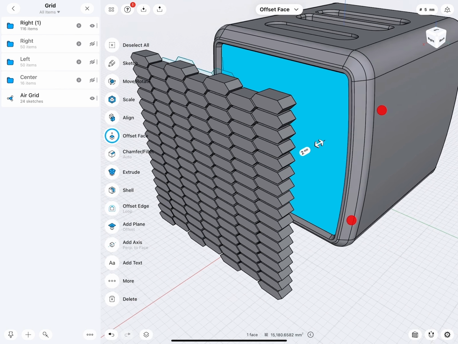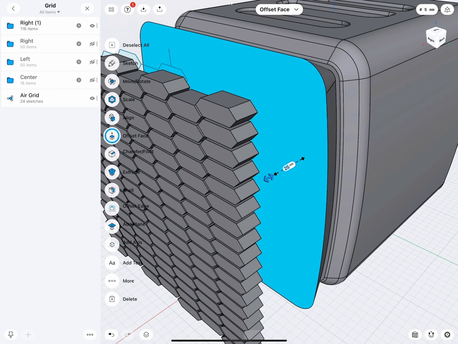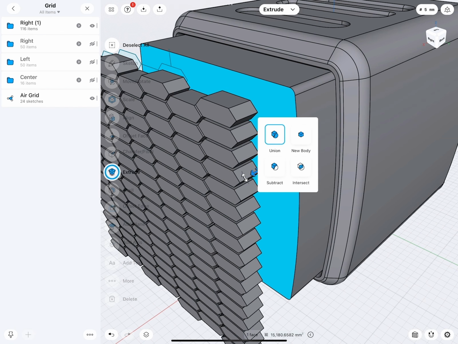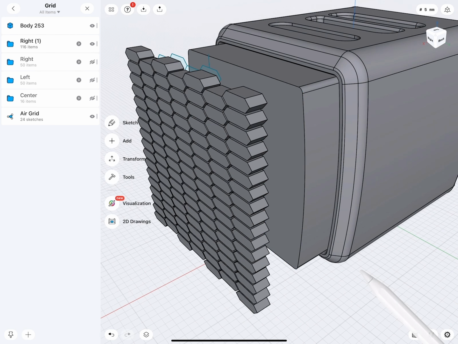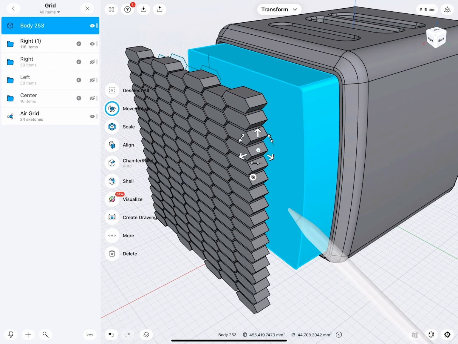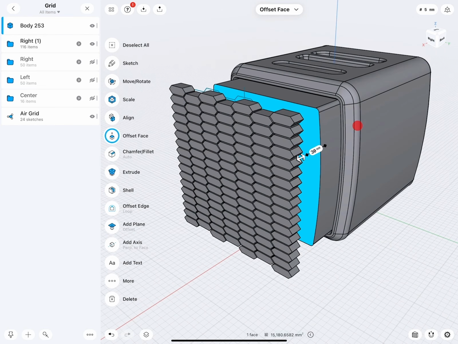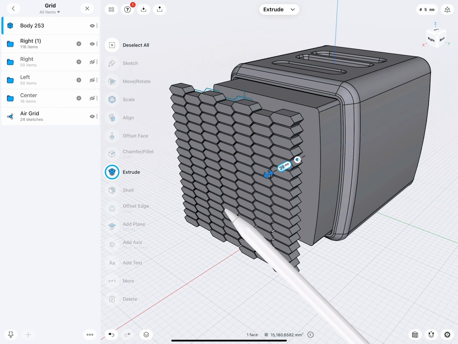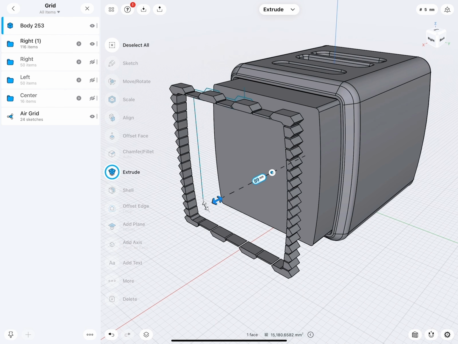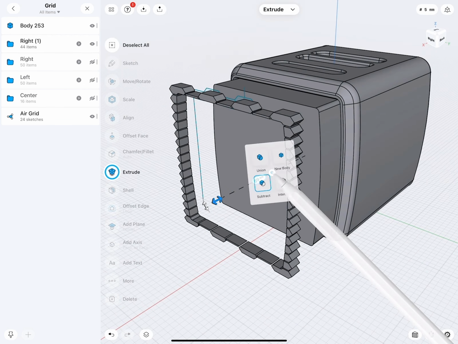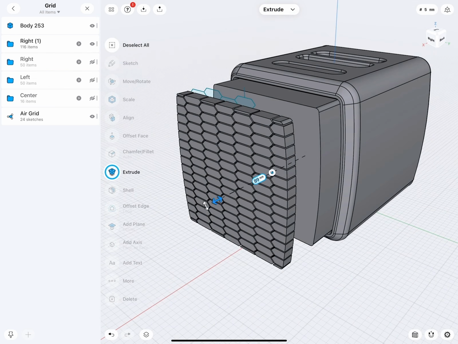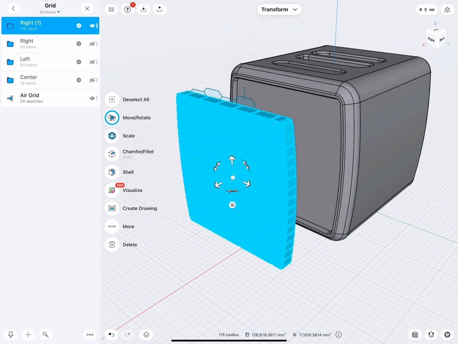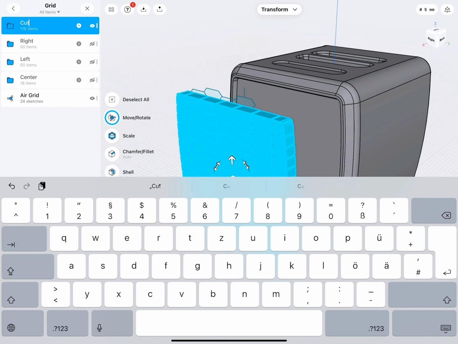Okay, so check this out. Here, wrong command. I will extrude this one out a little bit, just as a new body. Okay, double tap, yeah, new body. And now I will do this one more time. Extrude, and I will run this through all these parts. Takes a moment. And now here comes the trick. We will switch this to intersect. There, look at this. You see? Beautiful. Now this is going to be my cut part. There we are.